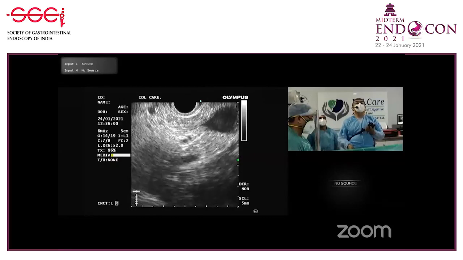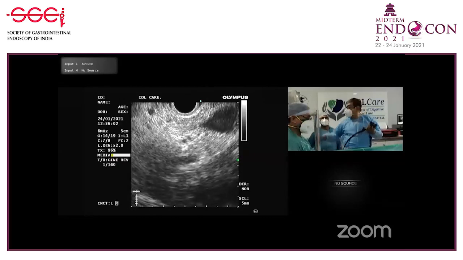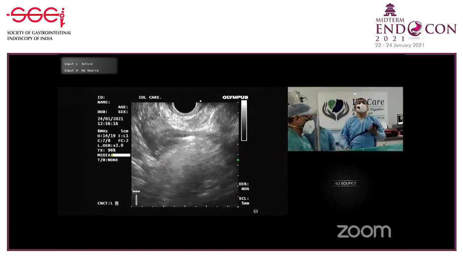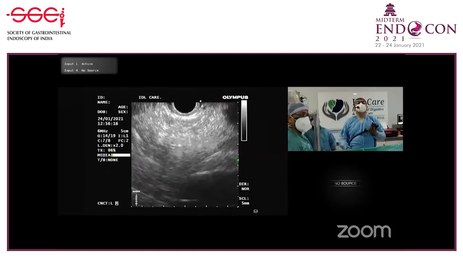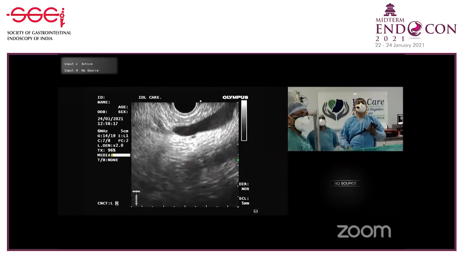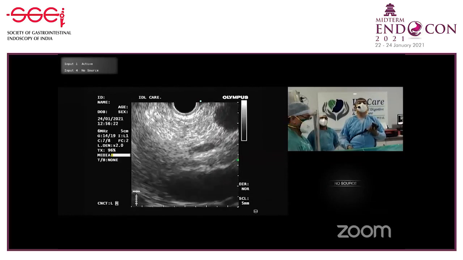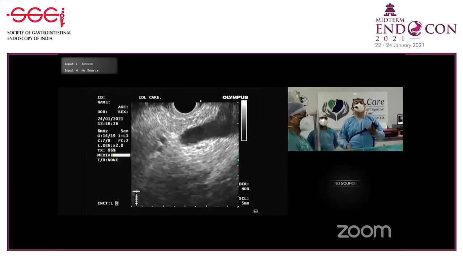Please. This small duct is the pancreatic duct. Looks normal again. 1.6. Once we have evaluated the head nicely and have not found anything, see the pancreatic duct, you can see the pancreatic duct there. Then we start turning clockwise to see the body and tail. So this is a simple maneuver.